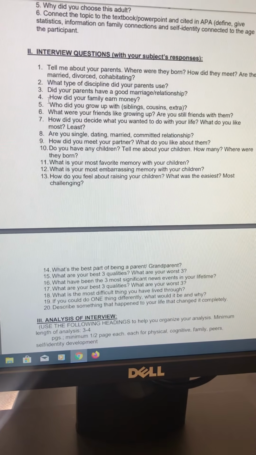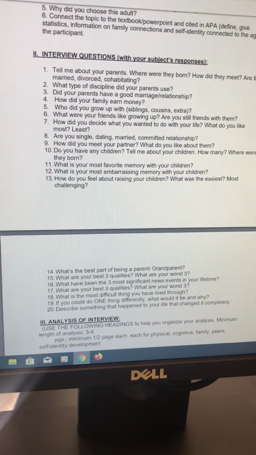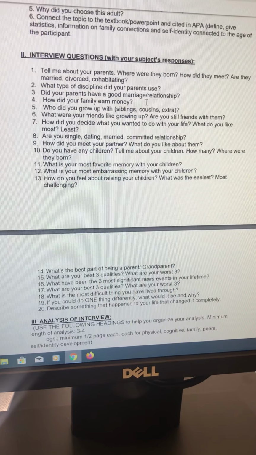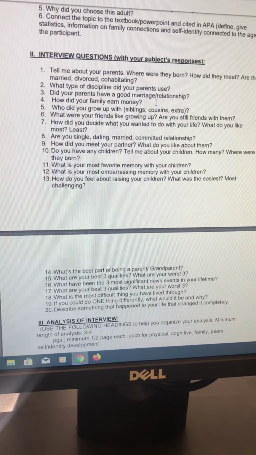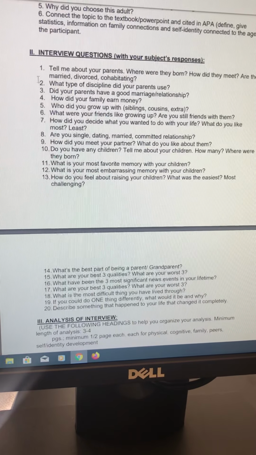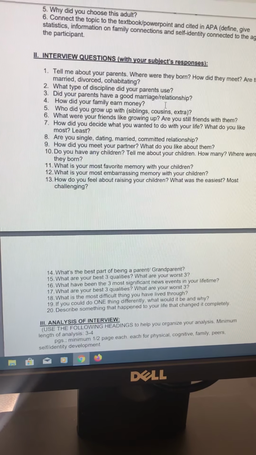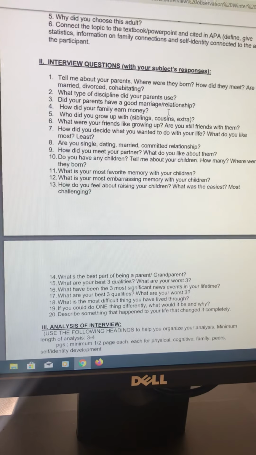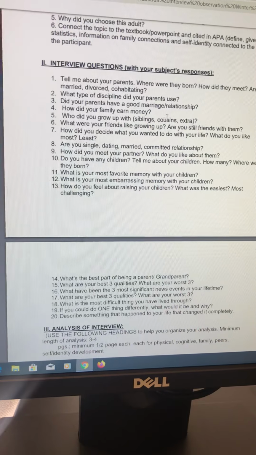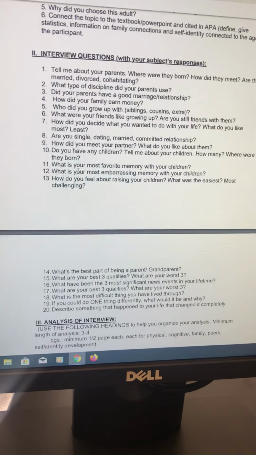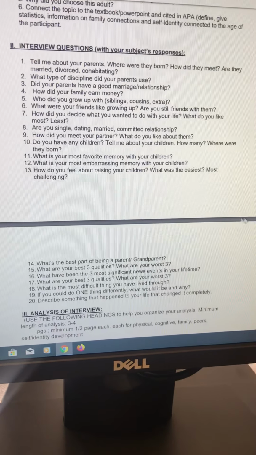So I really want you to go through each of these. How did your family earn money? Was the parent in construction? Was the parent a teacher? I need to know the details. With that being said, I don't want question and answer. I'm going to say, Susie stated that her parents were teachers and a construction worker when she was growing up, whatever. I want all these answered, if they can.